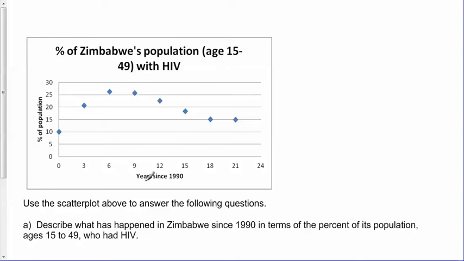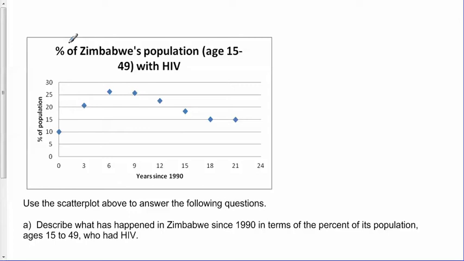Use the scatter plot above to answer the following questions. So let's take a look at the scatter plot and see what kinds of questions they're going to ask us about. So we see from the title here, this scatter plot is showing the percent of Zimbabwe's population age 15